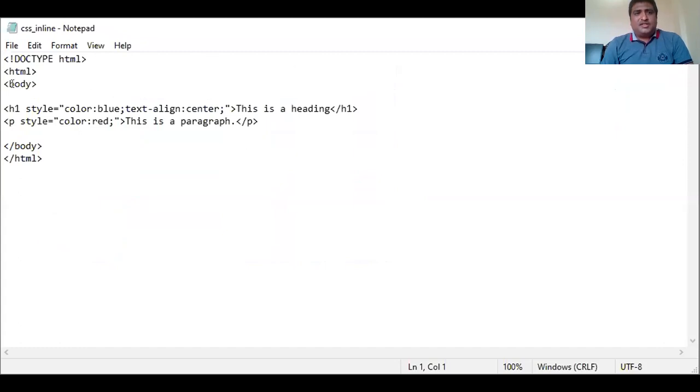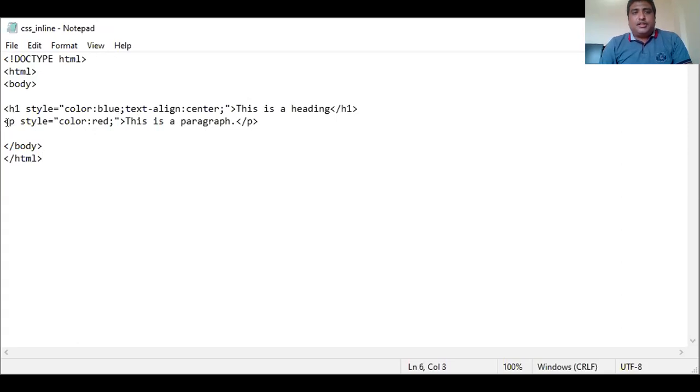So this is a simple example of CSS. Here we use an h1 tag with the style properties color and text align is equal to center, and we use a p tag. Suppose if I use the h1 tag again, I have to write these style properties again.